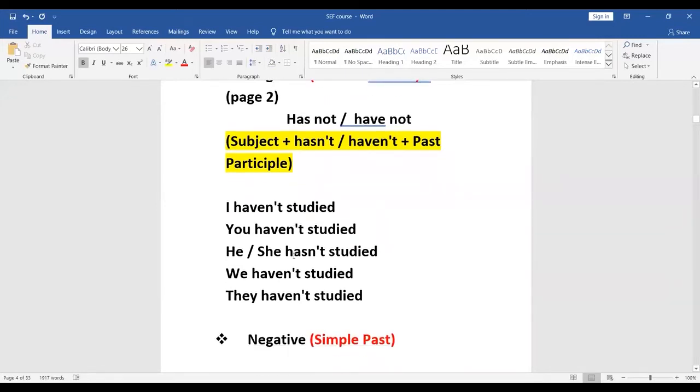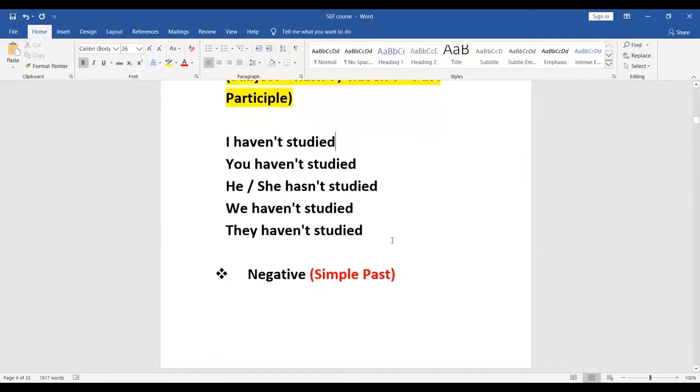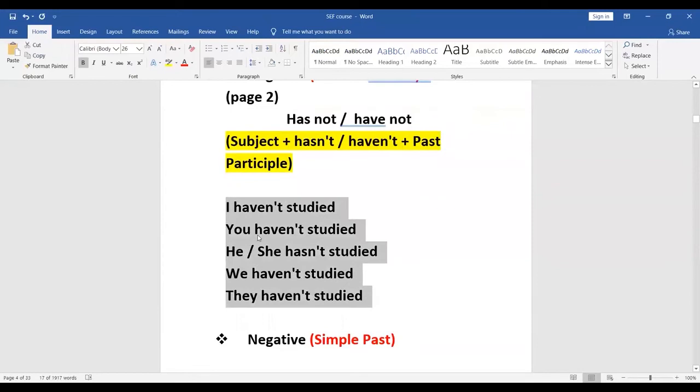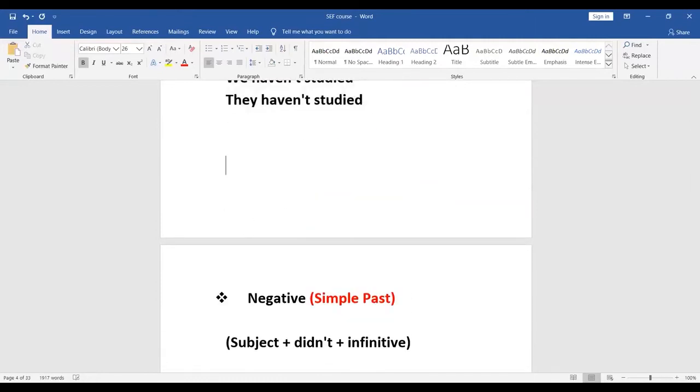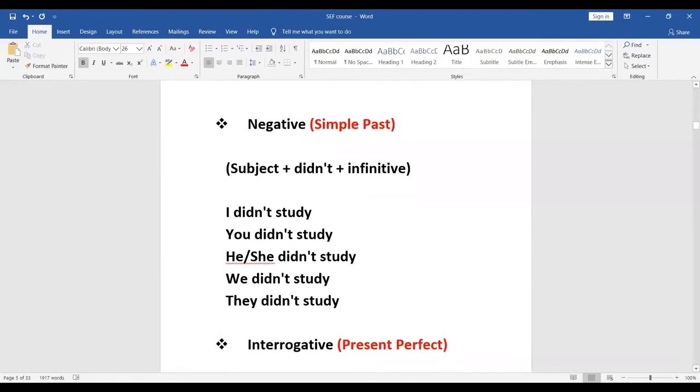So, I haven't studied in London, you haven't studied in America, he or she hasn't studied in Switzerland, we haven't studied in India, they haven't studied in New Zealand. Now that you know how to use this formula, subject plus hasn't or haven't plus the past participle, you can make sentences. But before that, we also need to take a look at the negative sentences of the